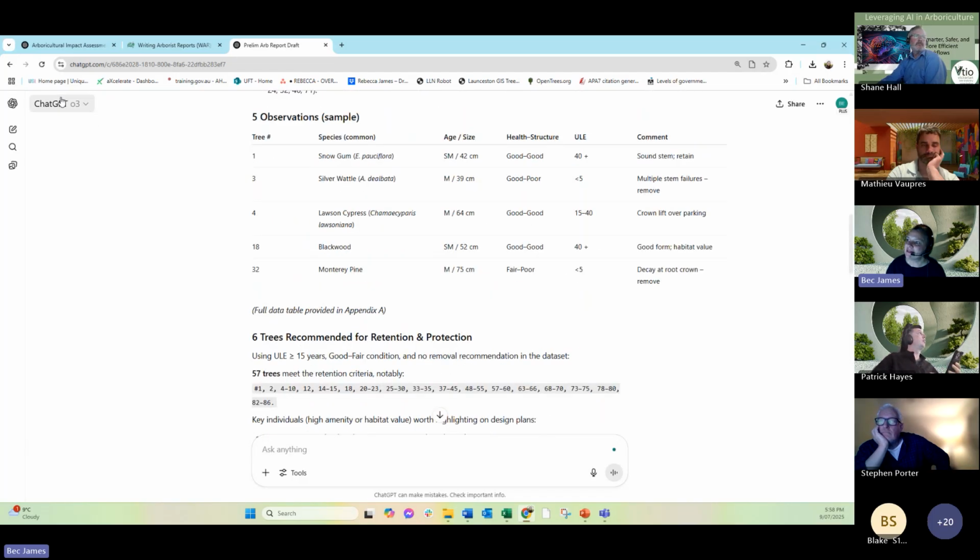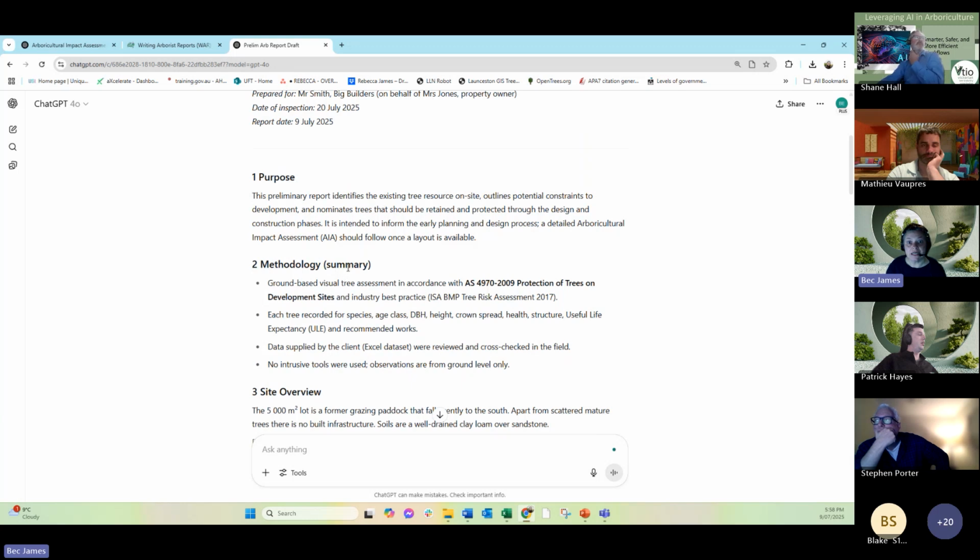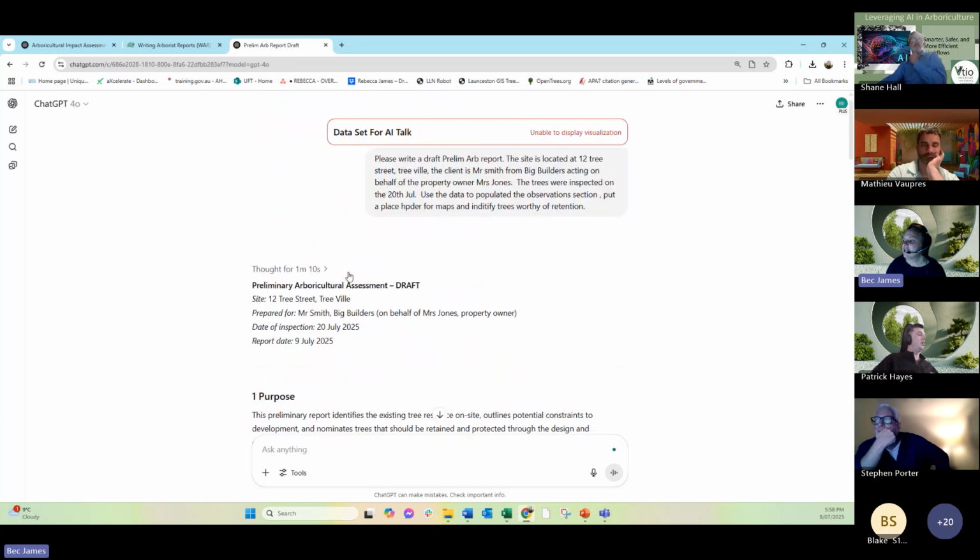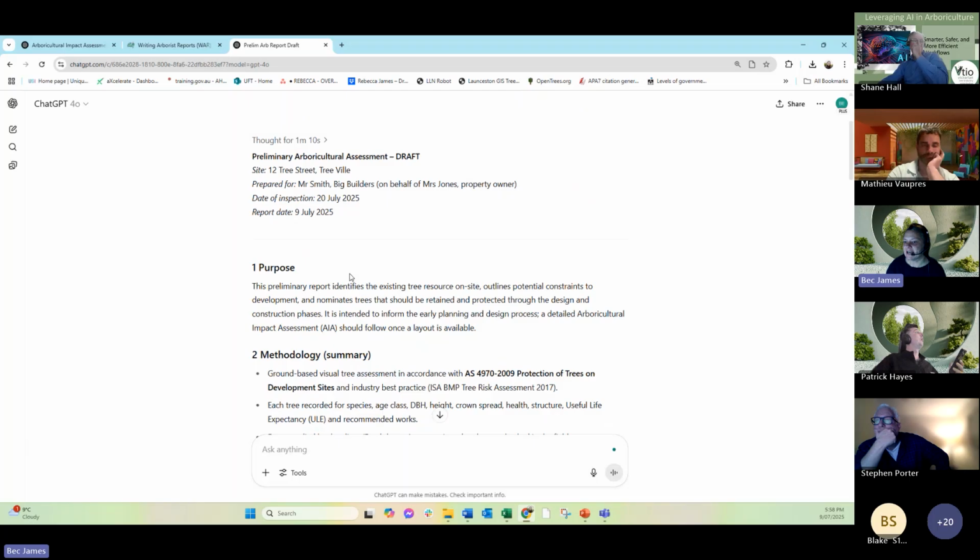If we were to run this same simulation using ChatGPT 4.0, what we're going to find is it's going to give us a lot more detail and a lot more fidelity in there. So again, I could probably spend an hour refining this for you, but we've got some other things to discuss.